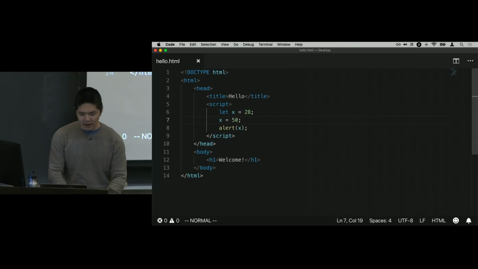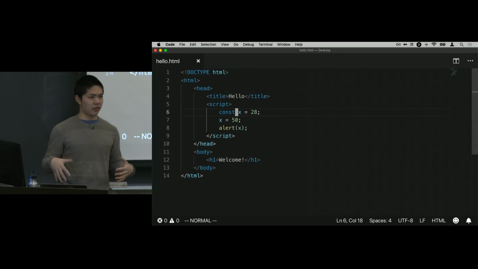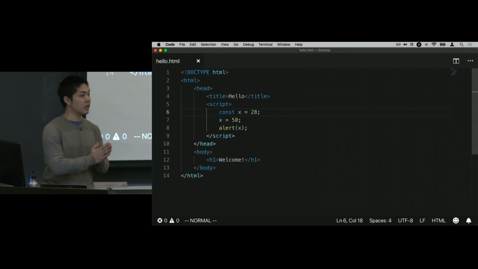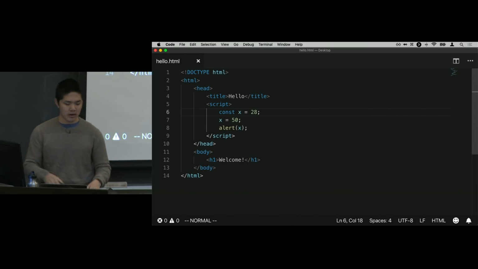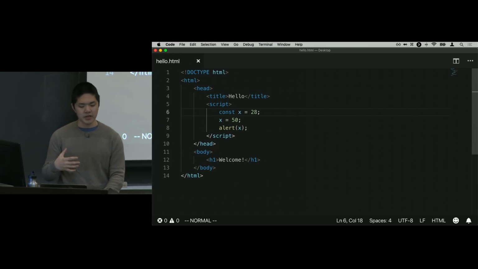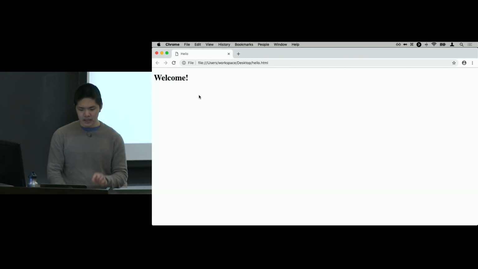But JavaScript also has a variable declaration called const. If I define a variable with const, const stands for constant. In other words, this variable's value is not going to change. And so if I try to change it, that's actually going to cause some errors. So if I try and run this page now, where I first say const x equals 28, and then x equals 50,